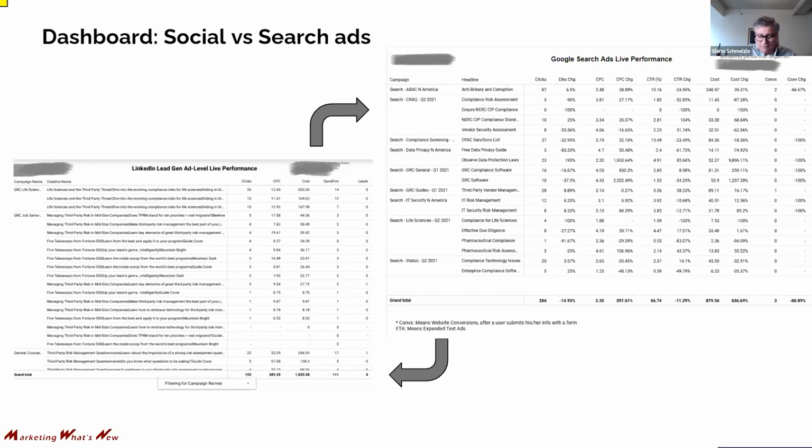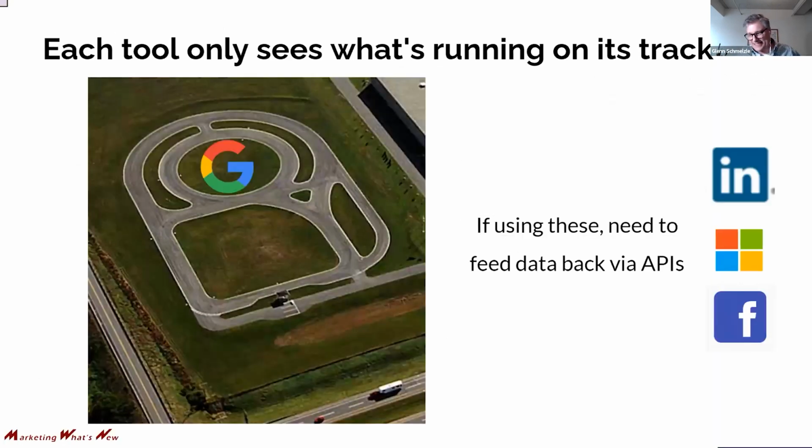One small proviso here, when we start to talk about this, we are, of course, getting into attribution. And attribution, to me, kind of reminds me of this little test track. What a tool is going to tell you it achieved is a function of the information that that tool has access to. So if I have, for example, Google working on their own little racetrack here, and they tell me that one Google click resulted in a sale that I made, that's great.